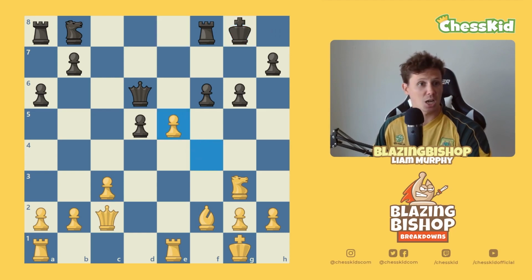And I took the knight. That was my plan. I'm up material. I'm confident I can win this game. My opponent took back, and I played b4 here. The plan, if I got to move again, was to play bishop c5,